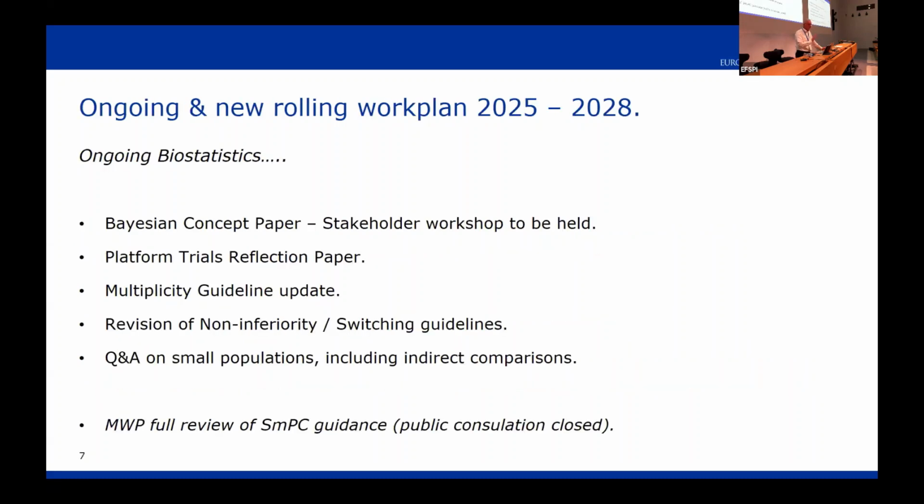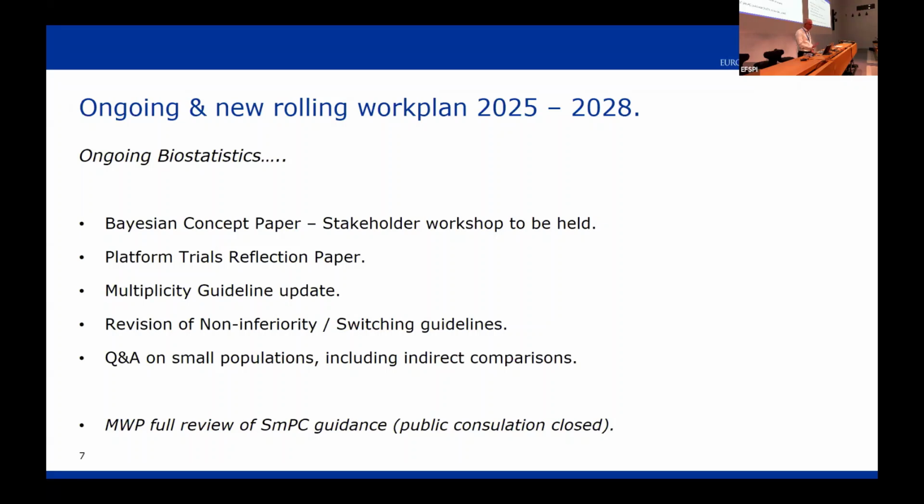Okay, these are the highlights from very recently. What do we have ongoing? So already working on it: Bayesian statistics. We think there's a strong need, and we know it's also an element of the discussions on the ICH E20, but I think we need a more general approach of Bayesian statistics across drug development. We're at the stage of a concept paper, and you can expect, before we really get cracking on the content, a stakeholder workshop to get input also from you on what and how we need to tackle there.